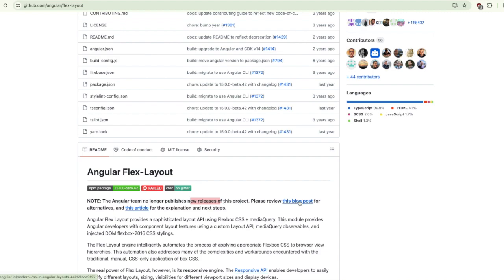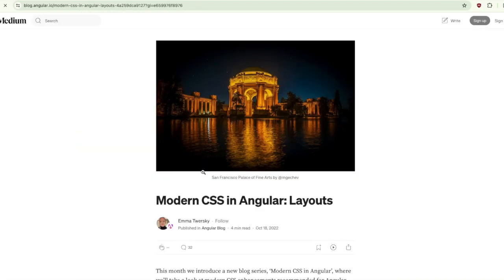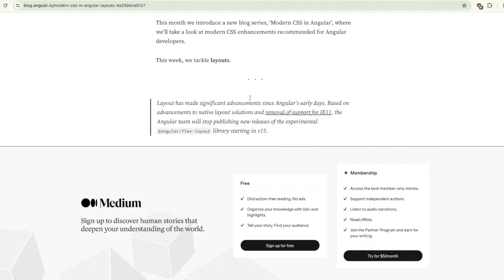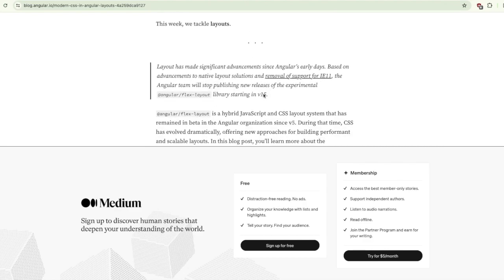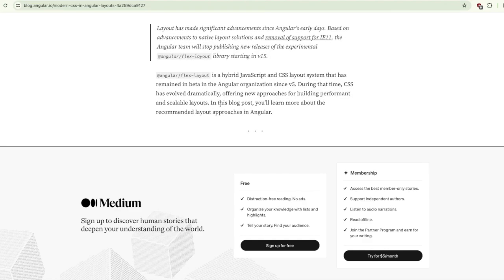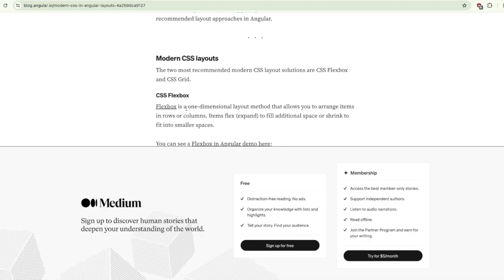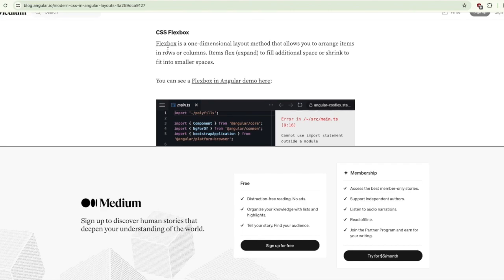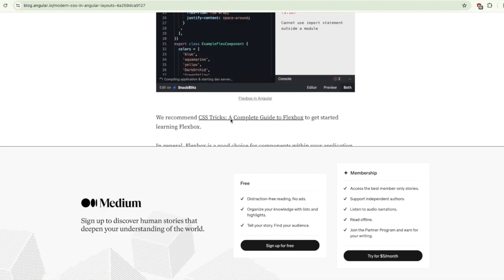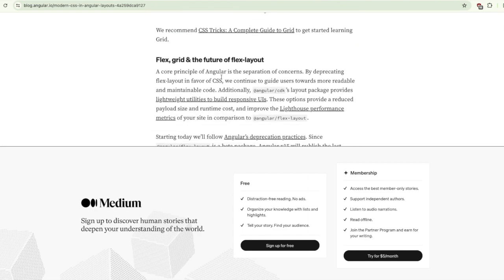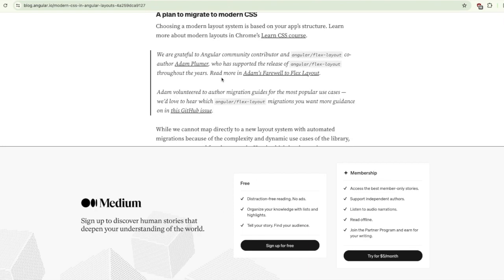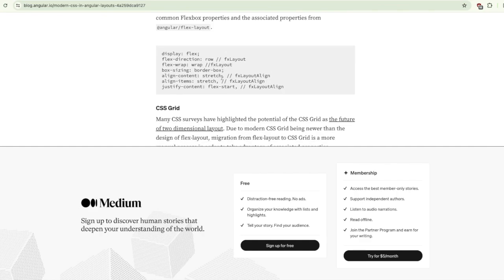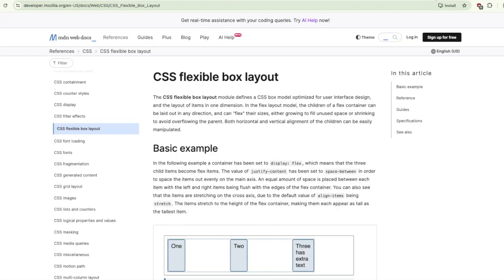Please use the alternatives." Okay. So what are the alternatives they have? So they have something called Flexbox, and what else? CSS grid. Okay. Let's use the